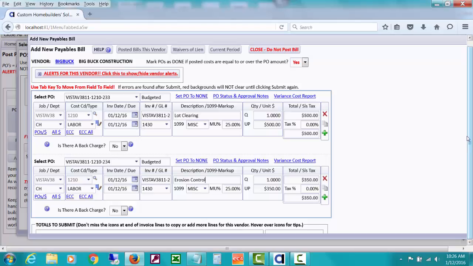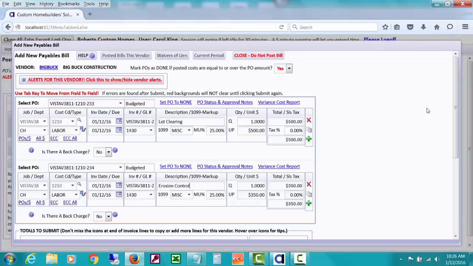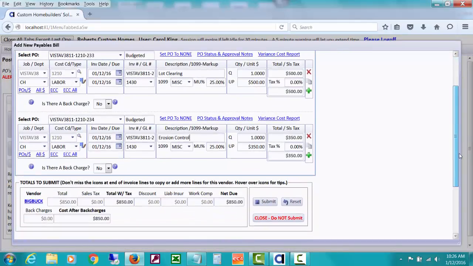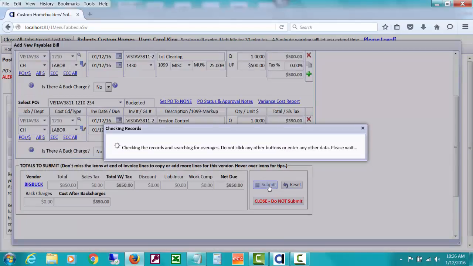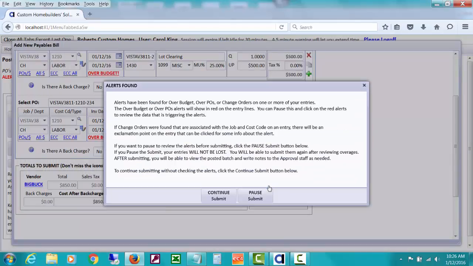I did some moving around of this window to look, and so now I need to get over here. Here we go. So I've done those two, but notice what happens if I submit it. It's pausing and it's saying alerts have been found for over budget, etc. And you can pause this and read this if you like. But this allows you to continue to submit or pause the submit so that you could take a look at